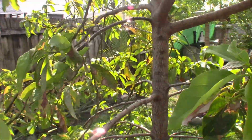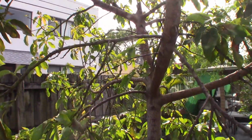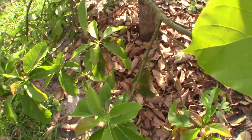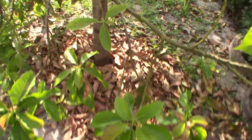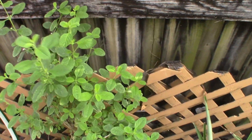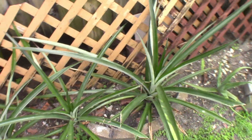See right here? It's probably around like 10 or 11 feet tall. It puts the leaves around the trunk there. That's nice. Oh, look at all, got a lot more pineapples back here. Some mint and more pineapples. I have like 10 pineapples here, salvia,